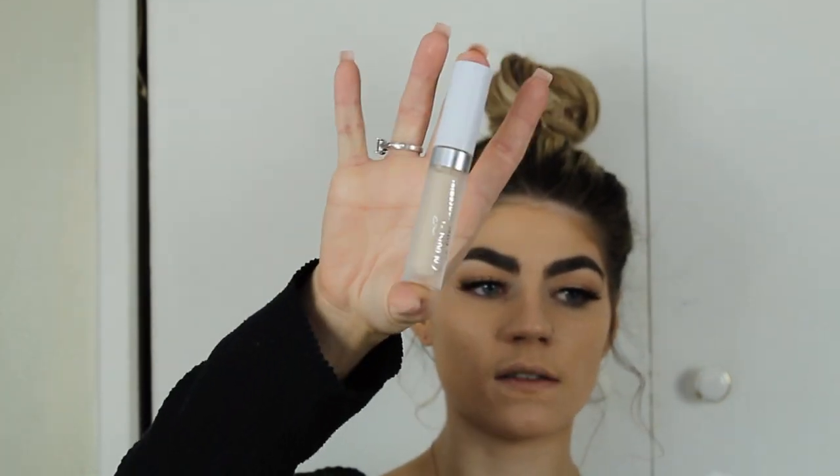Let's see if there's any claims on the packaging. I don't see anything. Nothing. The component just looks like this. Very sleek. I like it. Let's see if it's full coverage or not. We're going to take it